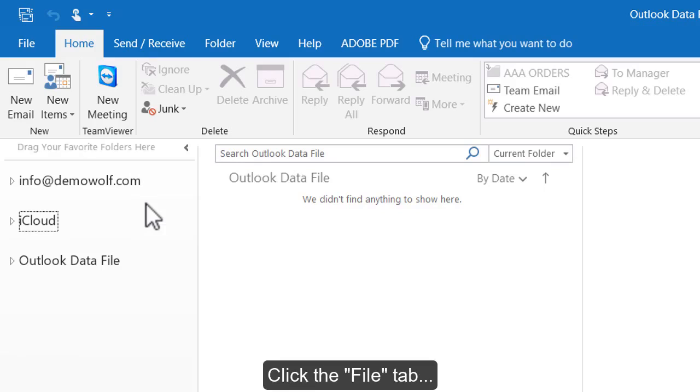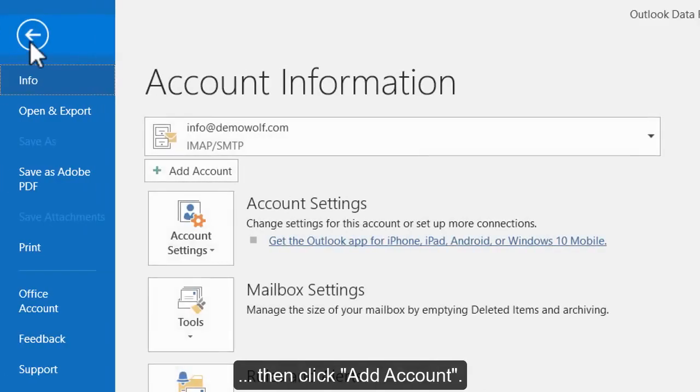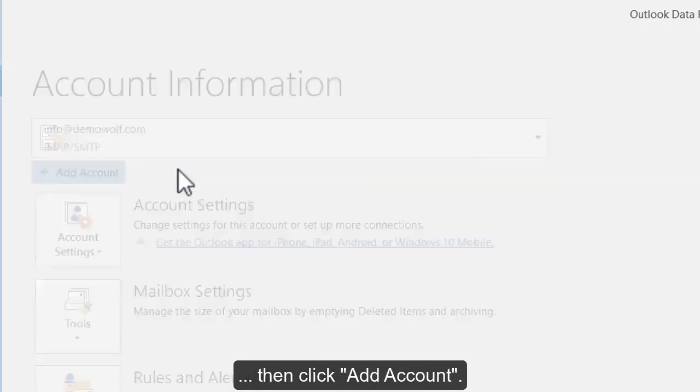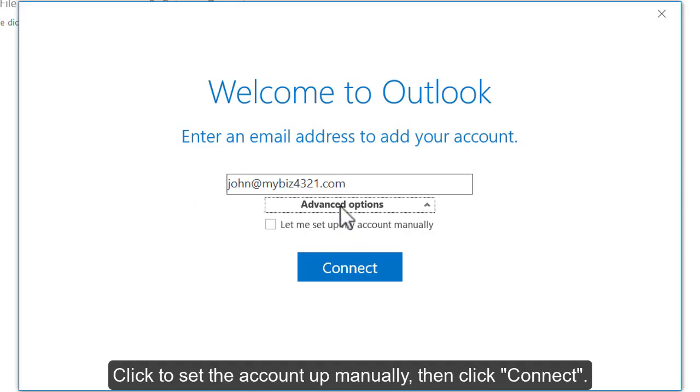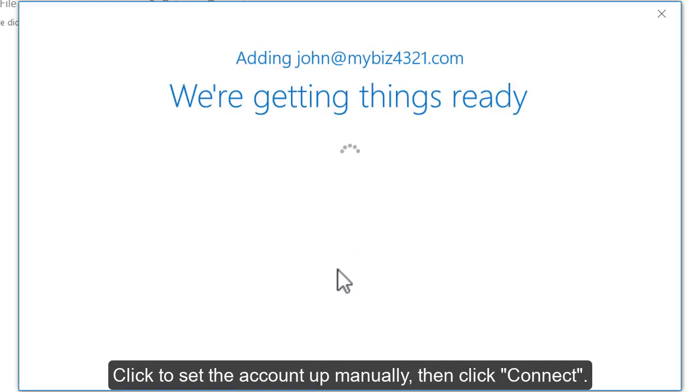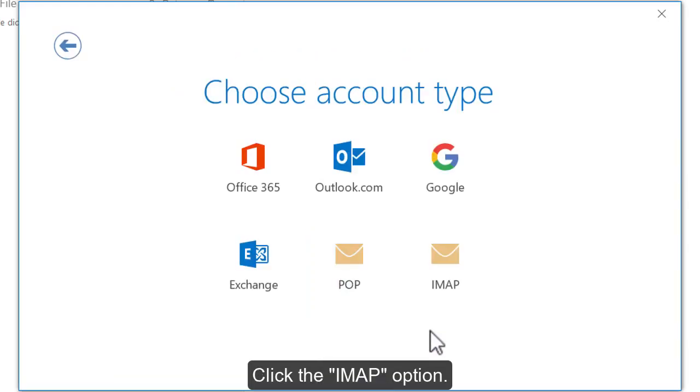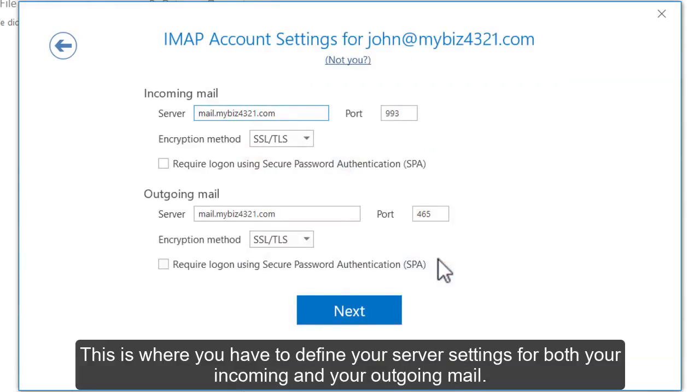Click the File tab, then click Add Account. Enter the email address you want to set up, then click Advanced Options. Click to set the account up manually, then click Connect. Click the IMAP option. This is where you have to define your server settings for both your incoming and your